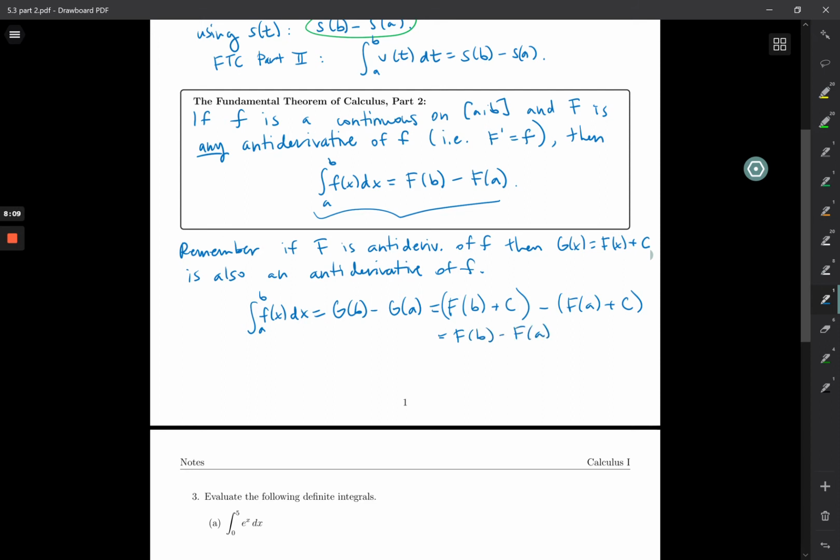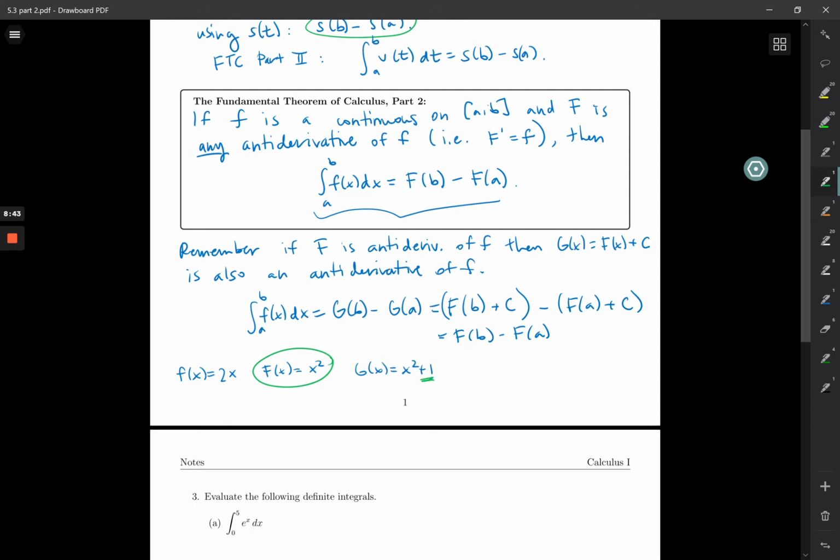And I wrote this out just to point out that if you were to use... so maybe it's a little bit easier to see with an example. So say your function was 2x, then one antiderivative is x squared and another one is x squared plus 1. It's better to use the simpler one, as in this one that doesn't have a plus constant on it, because